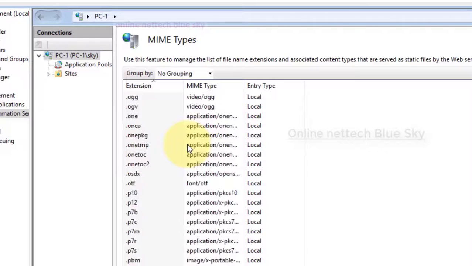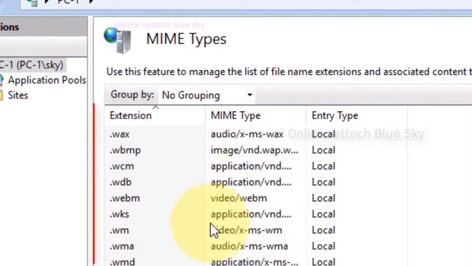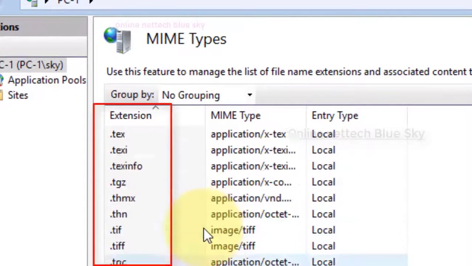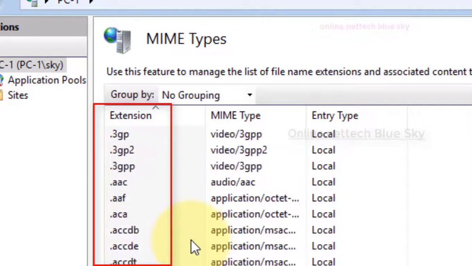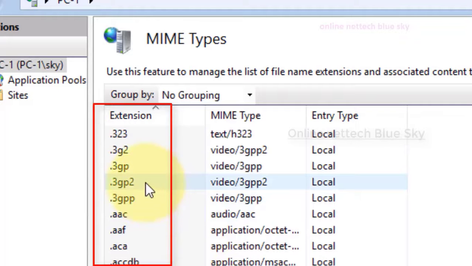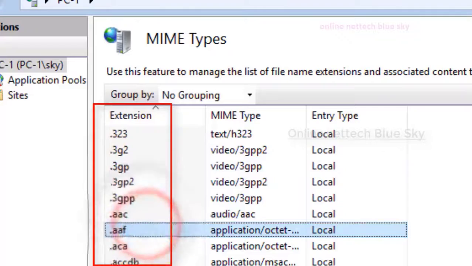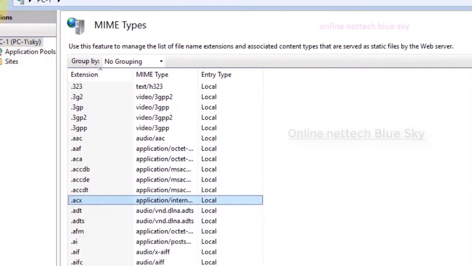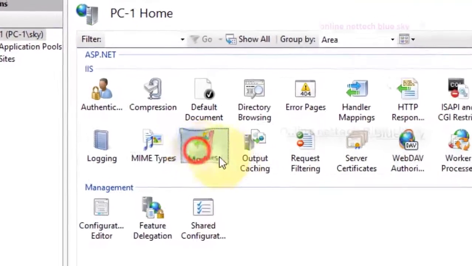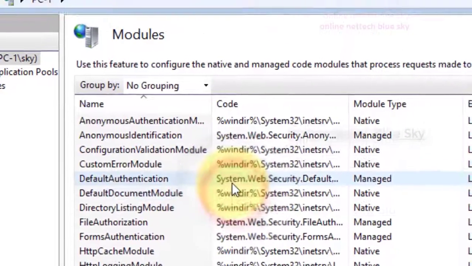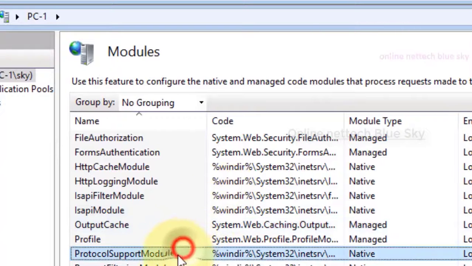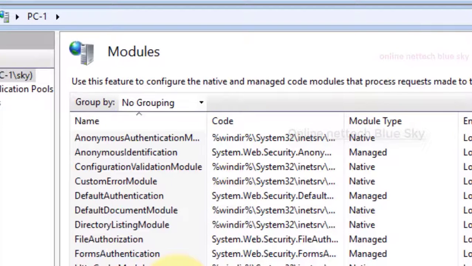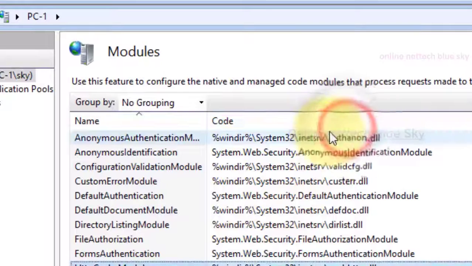So this is a type of computer that already has different types of files installed: programming files and designing files. All of these files are available here: 3GP, 3GP2, and the different versions, and they are used by MIME types to support your web page and website content here. Web content means different types of documents on a website, like images, videos, folders, text, and other systems.